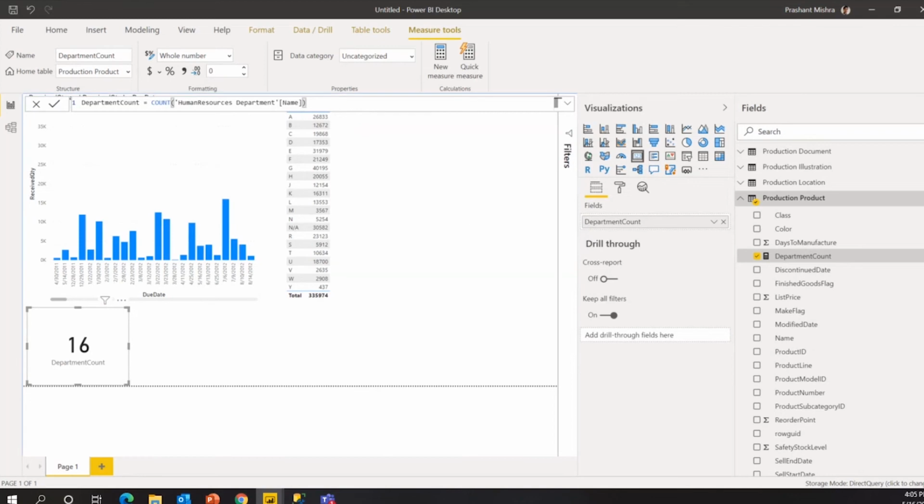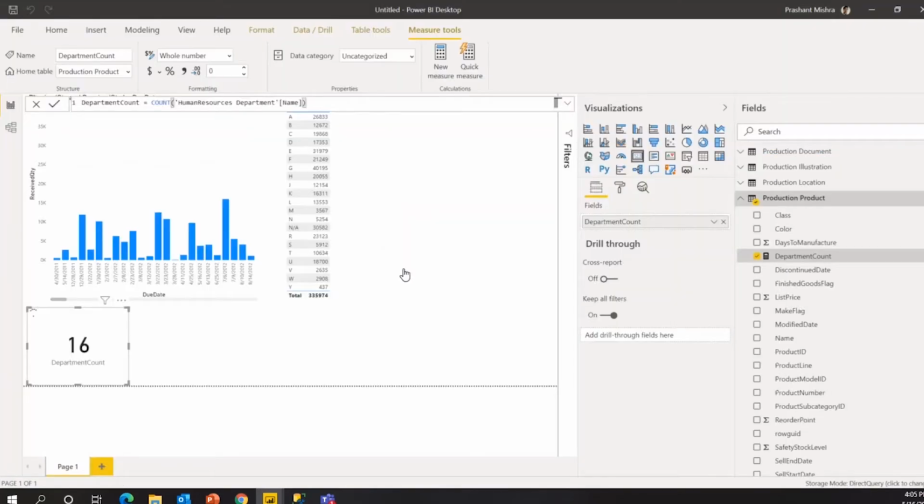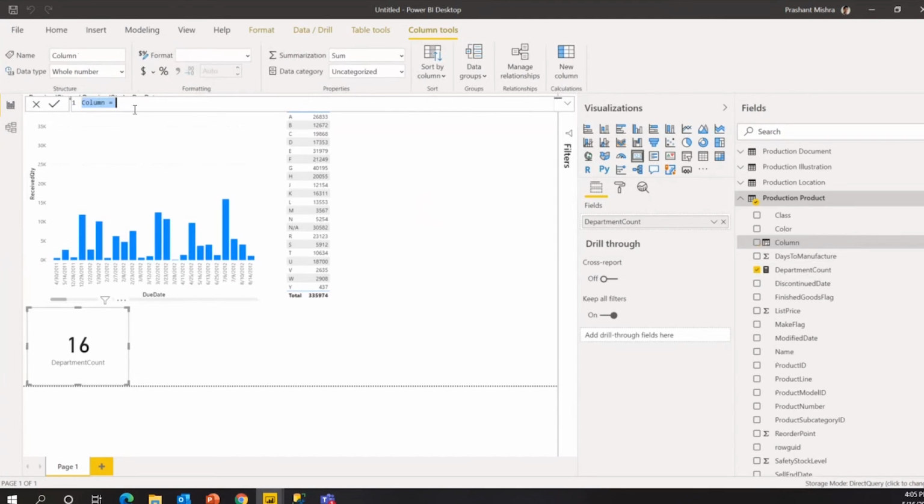And in a similar way, you can create a custom column here. It's called new column. Okay, so here also you see it will come in the same way.